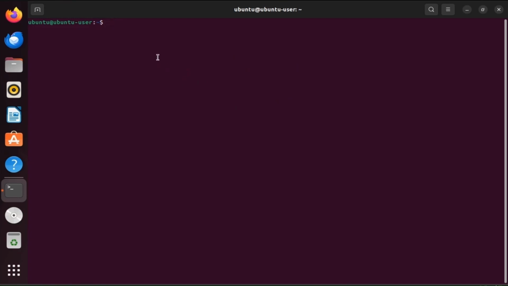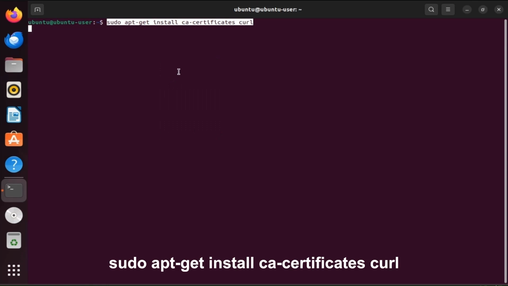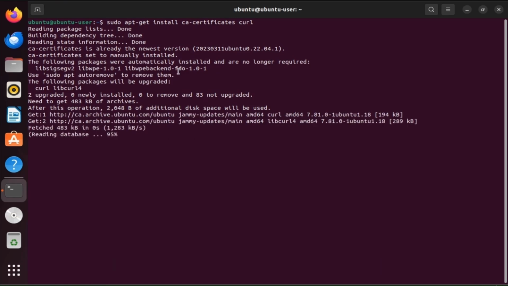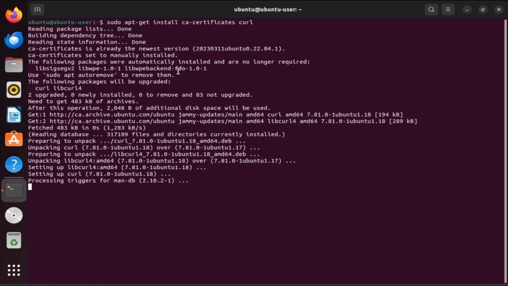Next, we will install two important tools, ca-certificates and curl. The command is sudo apt-get install ca-certificates curl. ca-certificates helps ensure that your system can verify the authenticity of the Docker repository. Curl is a tool that allows us to download files from the internet, and we'll use it to fetch Docker's